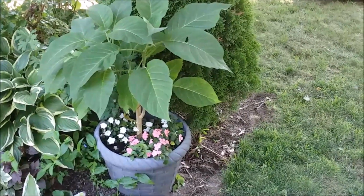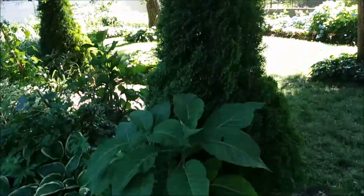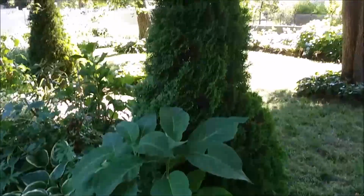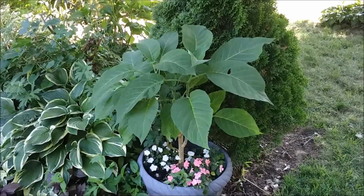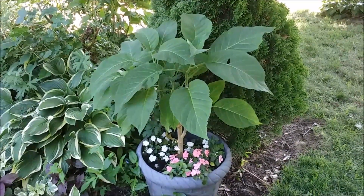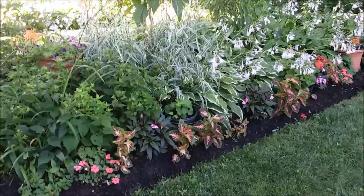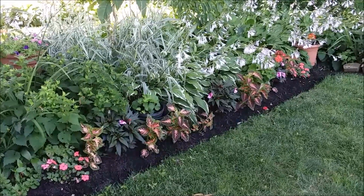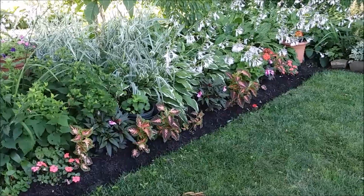Plus it's under this maple tree, and it's getting also some protection from the arborvitae as well. But enough sun. I think it gets more afternoon sun. Now this corner here, this flower bed, is just looking so beautiful. I love the hosta flowers coming forth with all of the other annuals,